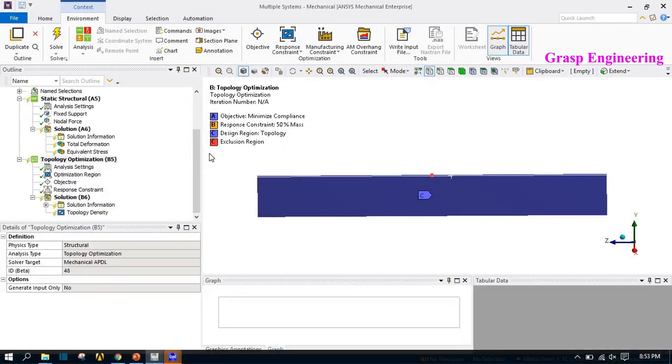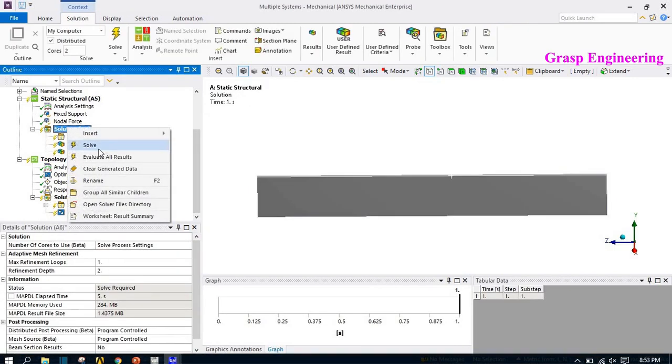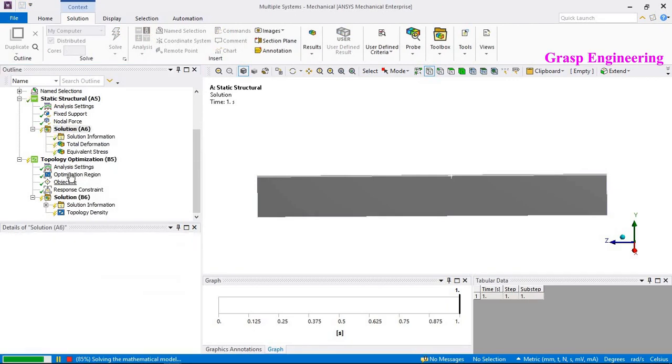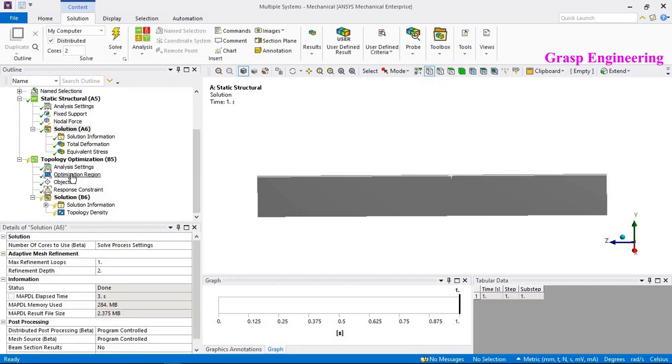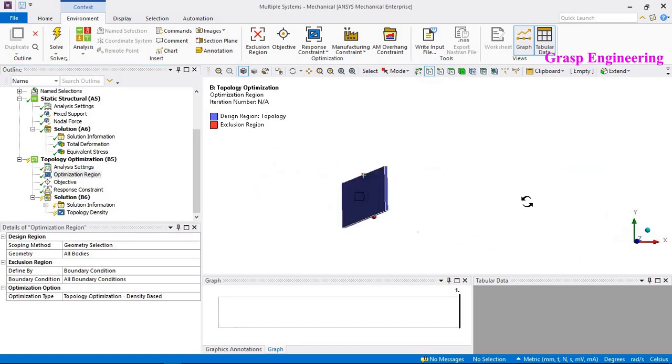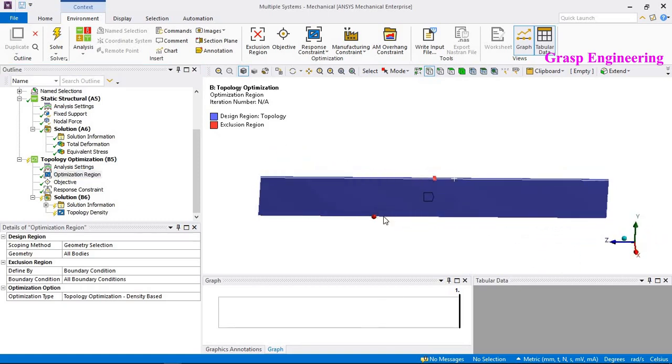So now you see that it got disturbed due to these connections, but no issue. You just solve that further, and then you will find that the deck is already available. Here the very first option you will find is the optimization. You know that we need to optimize this rectangular beam, so that's why we selected that beam,